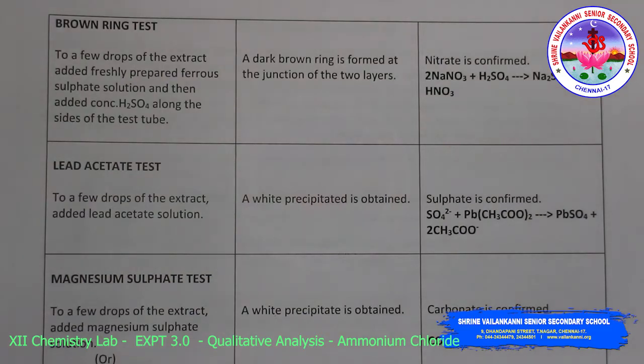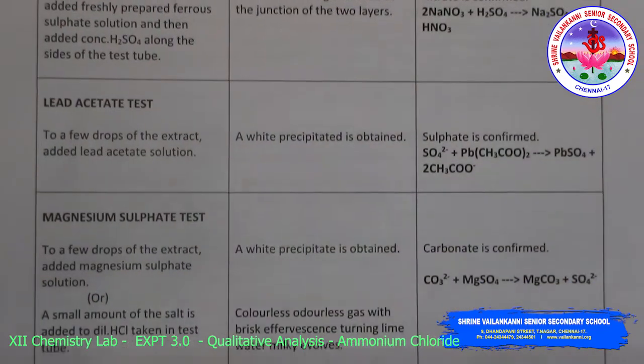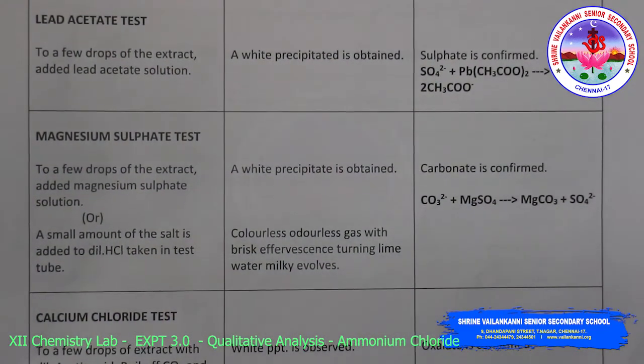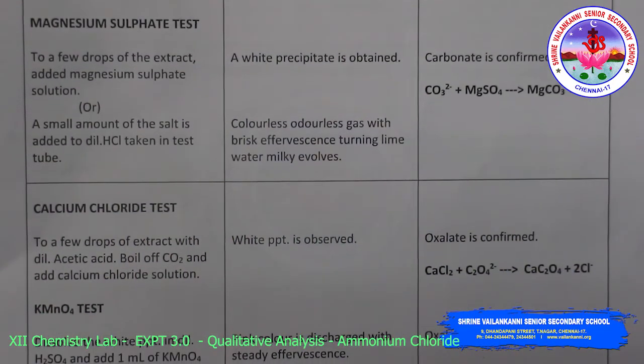Here the dark brown ring is formed at the junction of two layers, which indicates nitrate is confirmed. Then lead acetate test: extract and add lead acetate solution, a white precipitate is obtained, the sulfate is confirmed. Then magnesium sulfate test: few drops of extract and add magnesium sulfate solution, the white precipitate is obtained, the carbonate